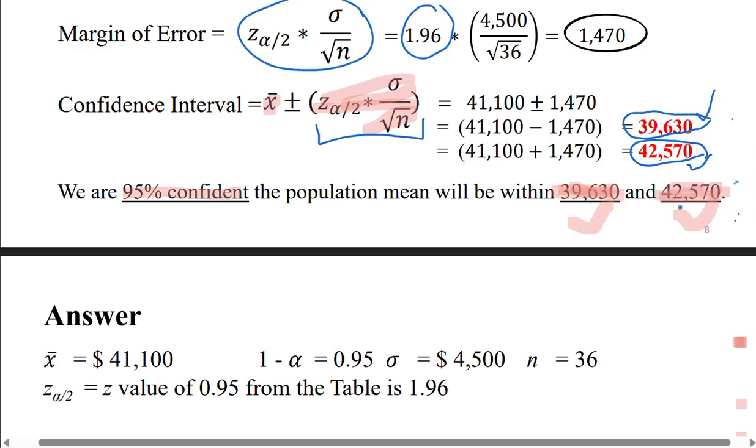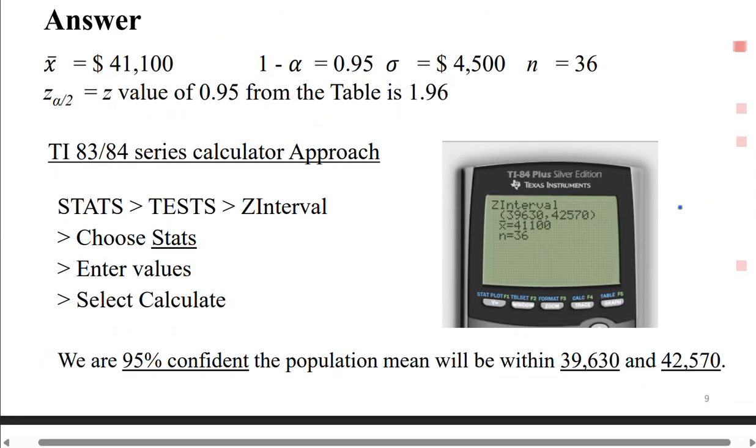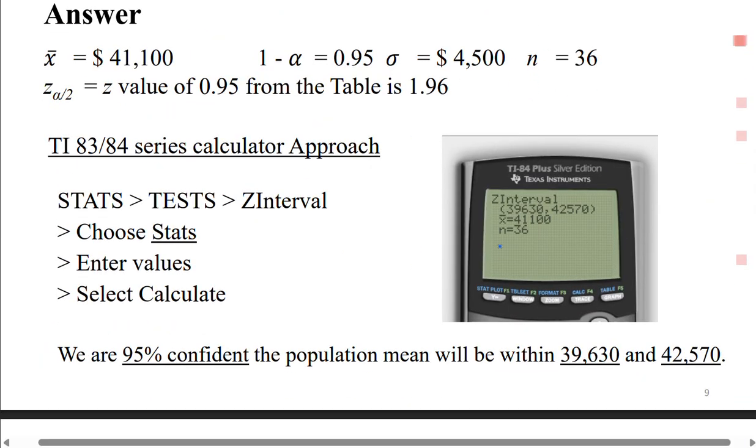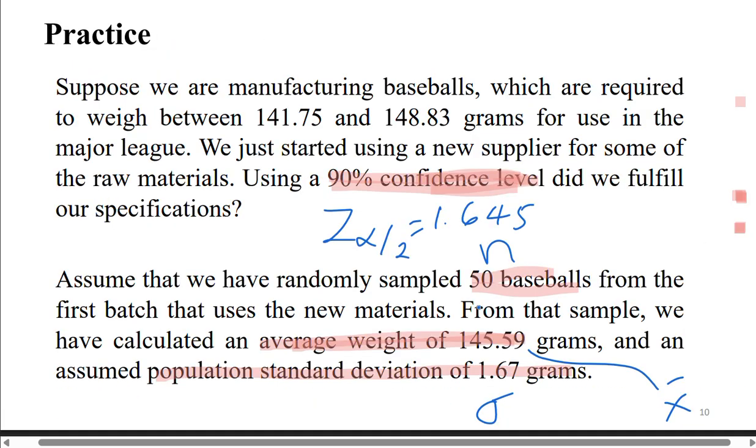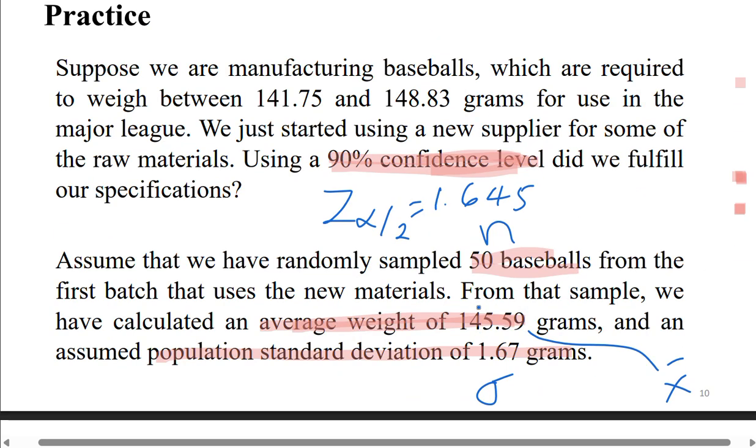Now, I've got another approach to do this. If you have the recommended calculator, you should be able to also use the steps here to find your confidence interval estimate. There's a practice question here, and I would like you to spend some time on it. If you look at the practice question, we are going to use a 90% confidence level for a given sample of size 50,